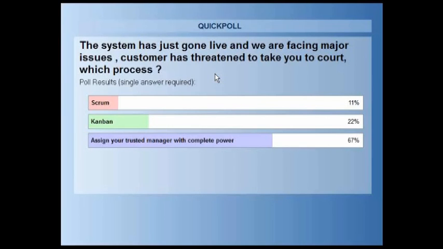And in this particular situation, you need a hero who can lead the team and stabilize the situation, and once it is stabilized, then you can move to complex or a defined process depending upon the situation you are in. But for this duration, you are in a chaotic state and you need someone to take decisions and pass it through.